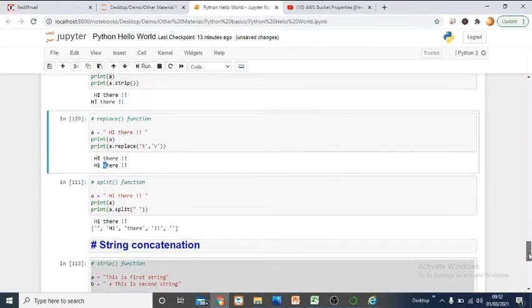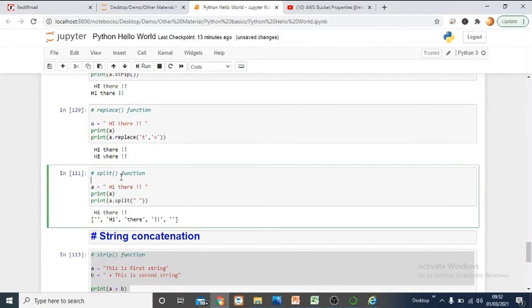Then we have another function called the split function. How does the split function work? The split function splits the string on the basis of the character that you have provided. Like here in this entire string, if you want to break everything by spaces, wherever we find a space we are going to split the sentence. After running the split function with spaces, what will happen?